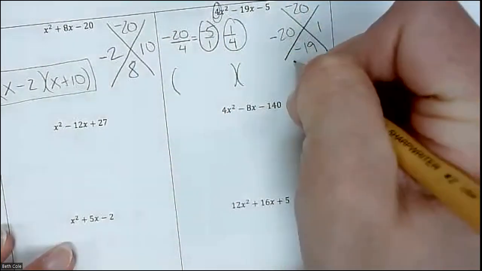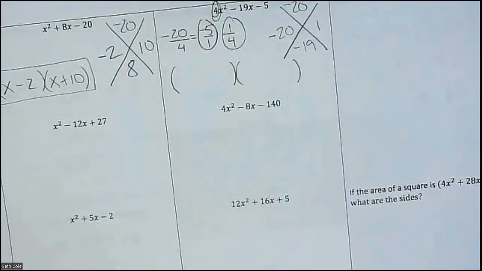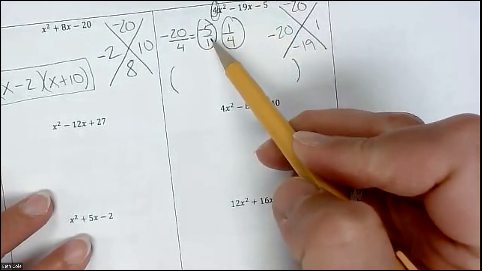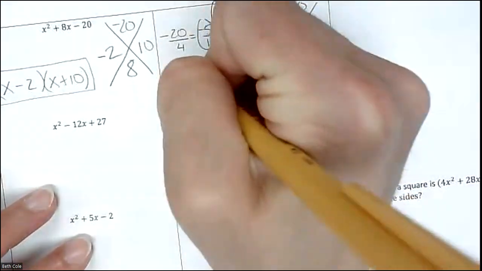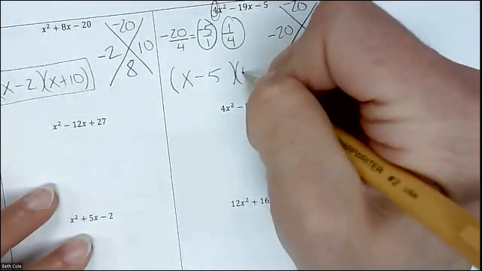Draw your two parentheses. And you have to start with the bottom number. So 1x minus 5. And then